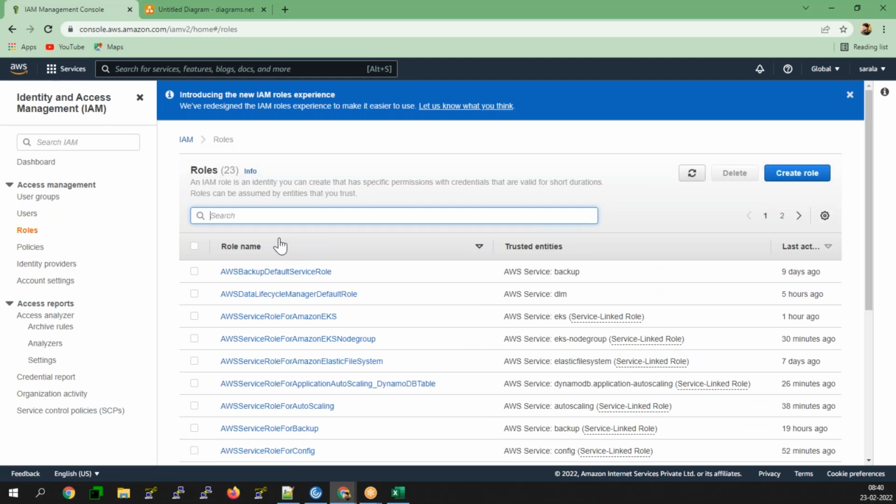Before entering into roles, we're going to understand the CLI, the command line interface. The one which you are using at this moment is called AWS Management Console access. So what does it mean?